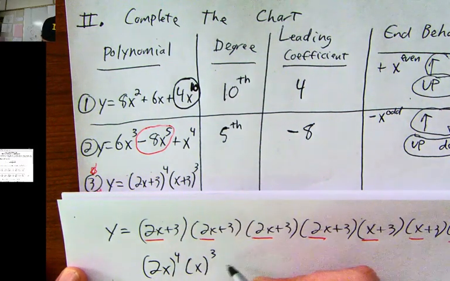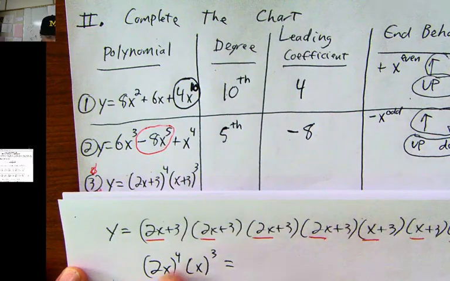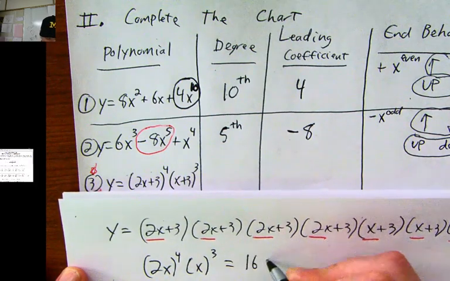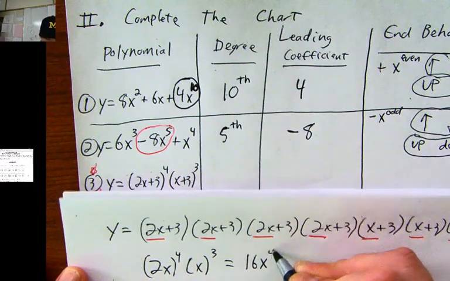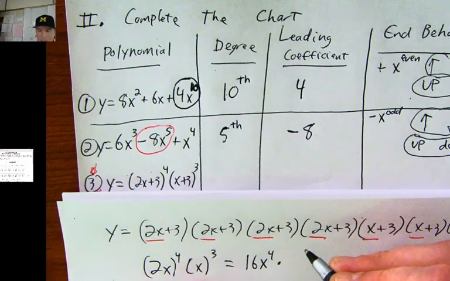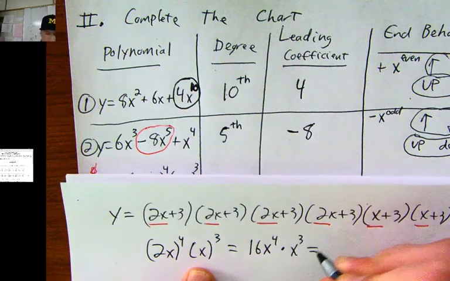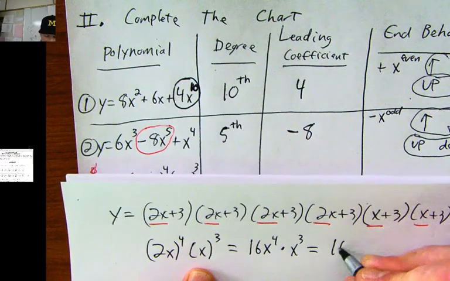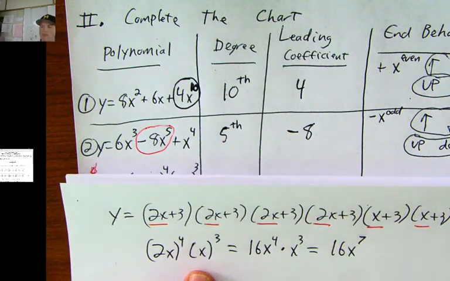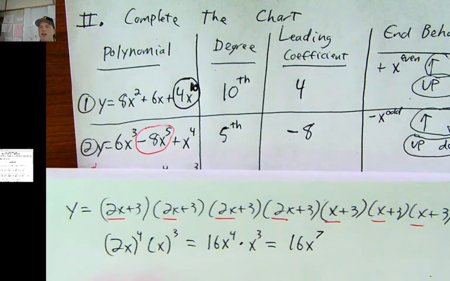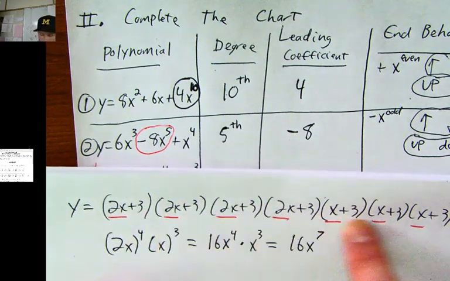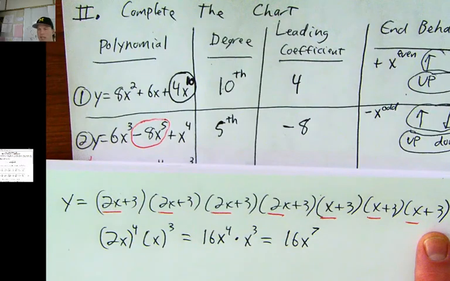So 2x to the 4, 2 to the 4, and x to the 4, that works to be 16x to the 4 times x times x times x. That's just x cubed. And this works out to be 16x to the 7. So what this tells you is that if you were to multiply all of these things out, because we just